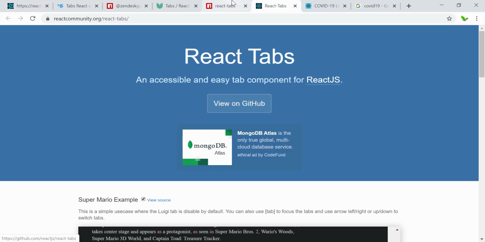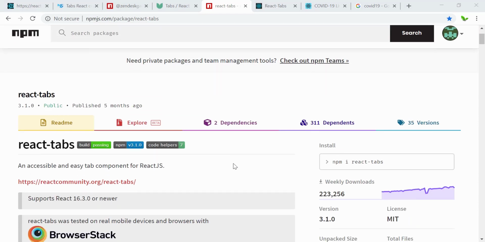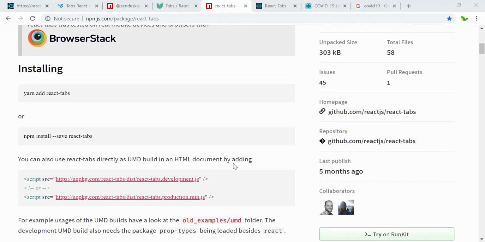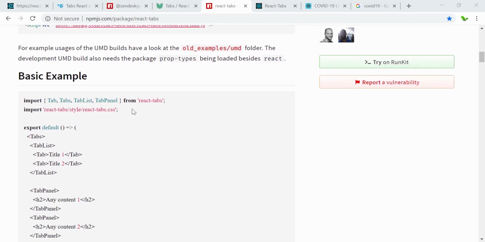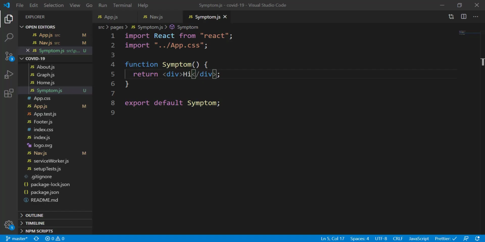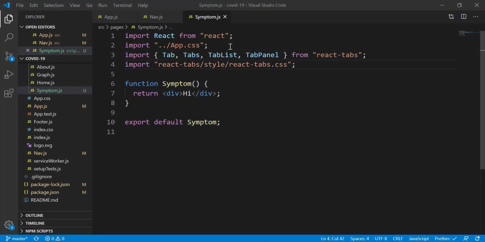Let me just install this one right here real quick. Just click on this and install as usual. Cool, so the library has already been installed. Now what I need to do, I just go and see some example right here, basic example. What I need to do, I just need to copy this to import the library into the React right here. Just copy that, and then